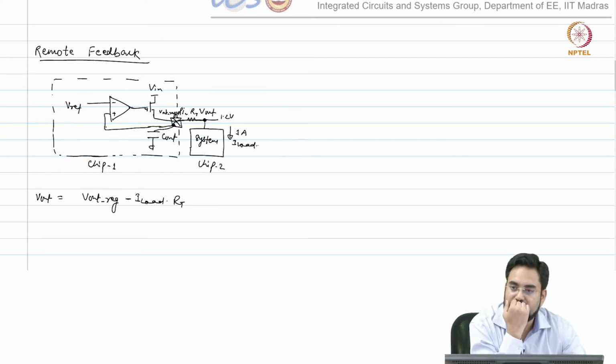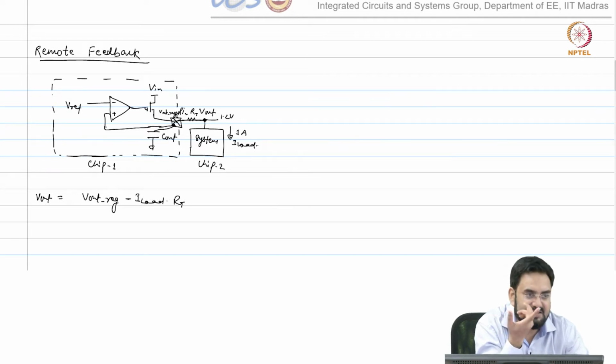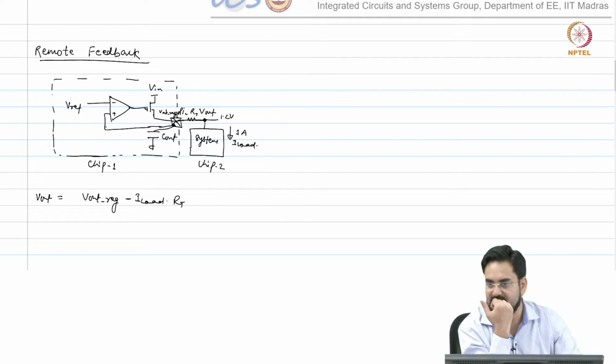Which means the more the load current, the more your output will drop, and you have some accuracy requirement here. Let us say this is 10 milliohm. So 1 amp means 10 millivolt drop in the output, correct, or say 12 millivolt, then you will get roughly how much? 1%, 1.2 is 12 millivolt. So, 1% error you will get in the output, and 1% is supposed to be huge actually in terms of inaccuracy.